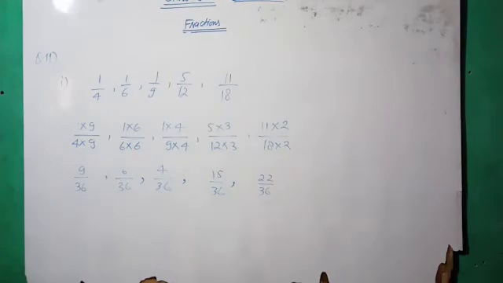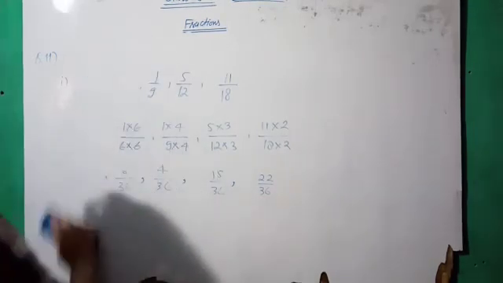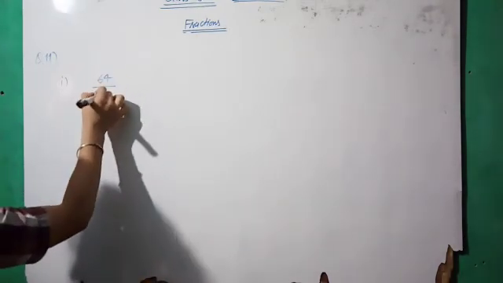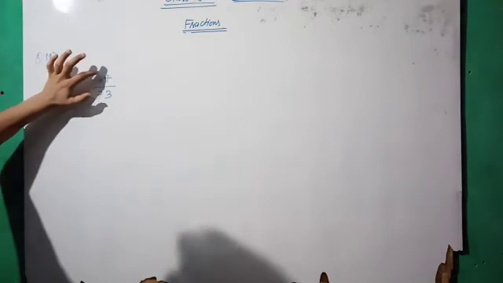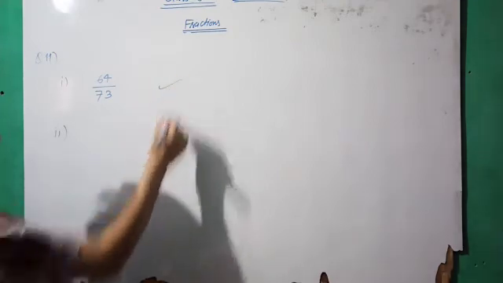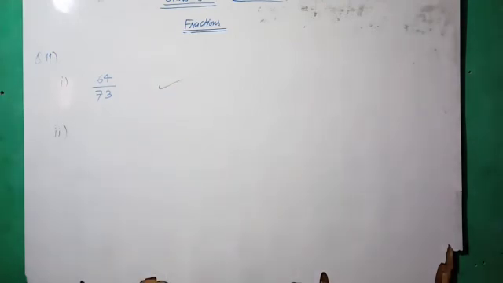Okay. Question number 12. Which of the following fractions are in the simplest form? If there is a common factor in both the numerator and denominator, then we can convert into the simplest form, otherwise not. We just take a question. Okay, question number 12, first part is 64 upon 73. Can you divide both the numbers by a digit? By any of the numbers? 64 by 73, is there any common factor? No, because the HCF of both the numbers is 1. So this is the simplest form. We cannot further convert it into the simplest form.